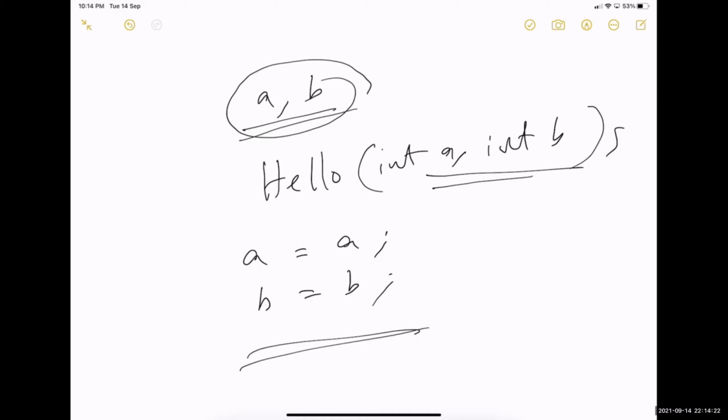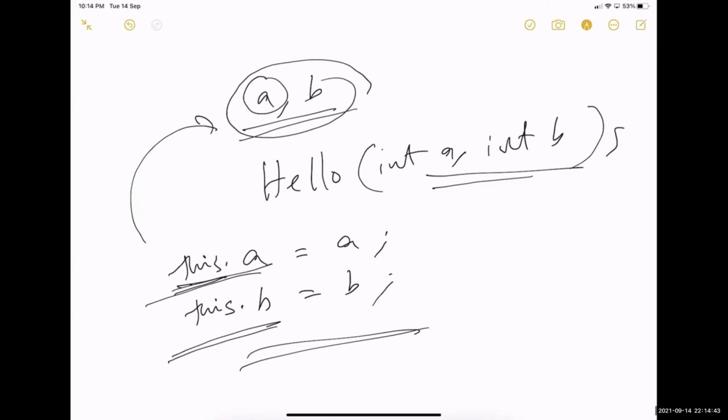For that, you can use the this keyword. I can say this dot A, this dot B. So this dot means it is referring to the instance variable. This refers to the current instance, the current object. So this dot A means this A will be given value from this, and this B will be given value from this.